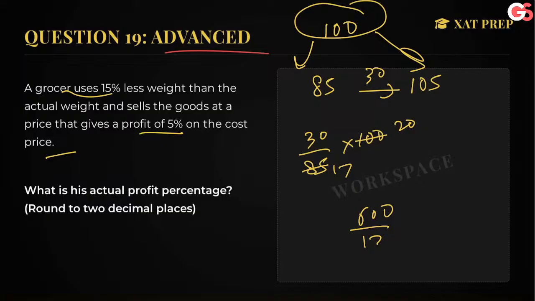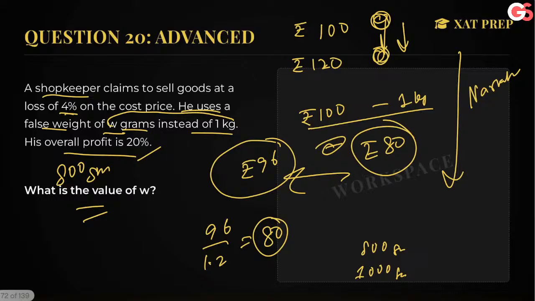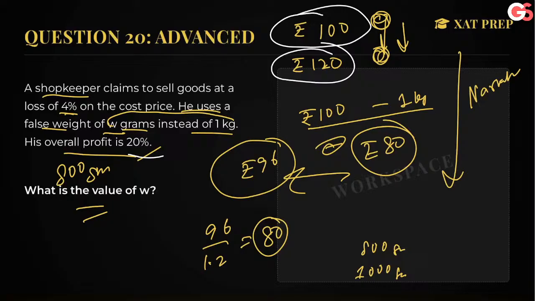23.52 क्यों बोल रहे थे हम लोग? चलो 20 वाला तुम्हें फिर समझना है. अंकित देखो क्या बोलना है. 100 रुपए का सामान मान लो, 20% प्रॉफिट है तो 120 में बेच रहा है। ठीक है, इतना क्लियर हो गया। पर ये क्लेम कर रहा है कि मैं 4% लॉस पे कर रहा हूँ, मतलब ये क्लेम कर रहा है कि मैं 96 रुपीज़ में कर रहा हूँ, 100 का 96 में कर रहा हूँ। और यहाँ पे इसका प्रॉफिट तब भी 20% है,